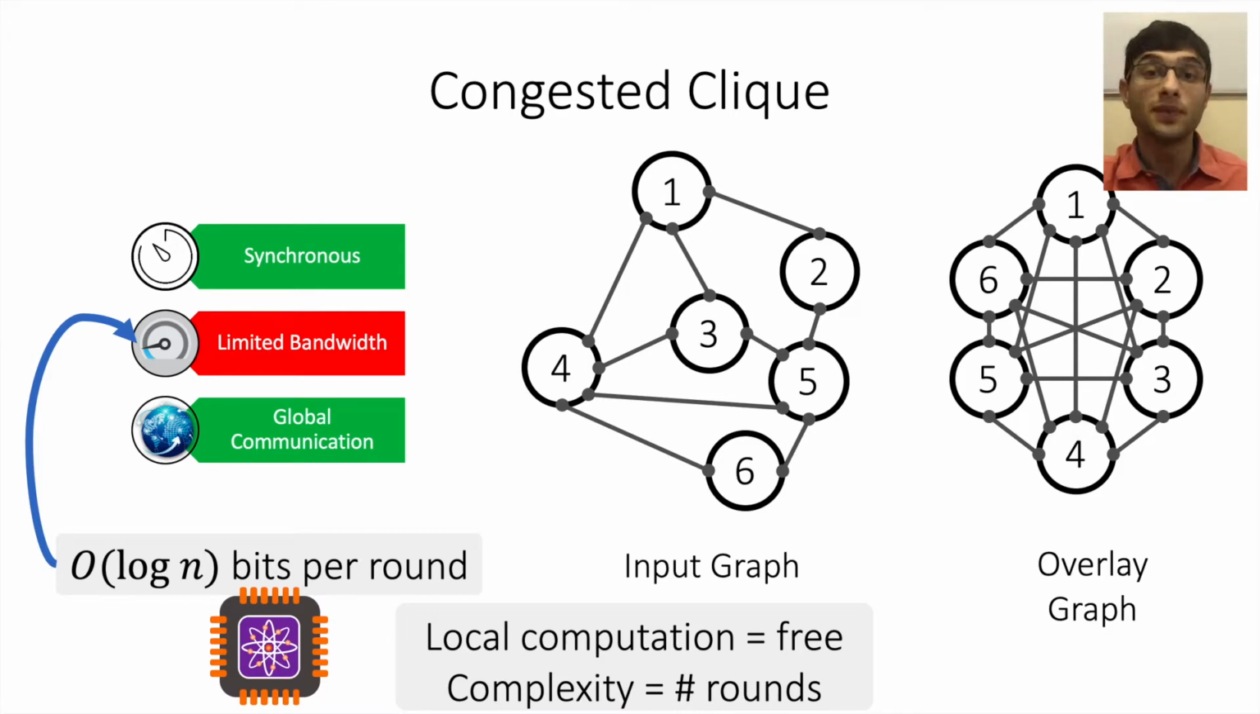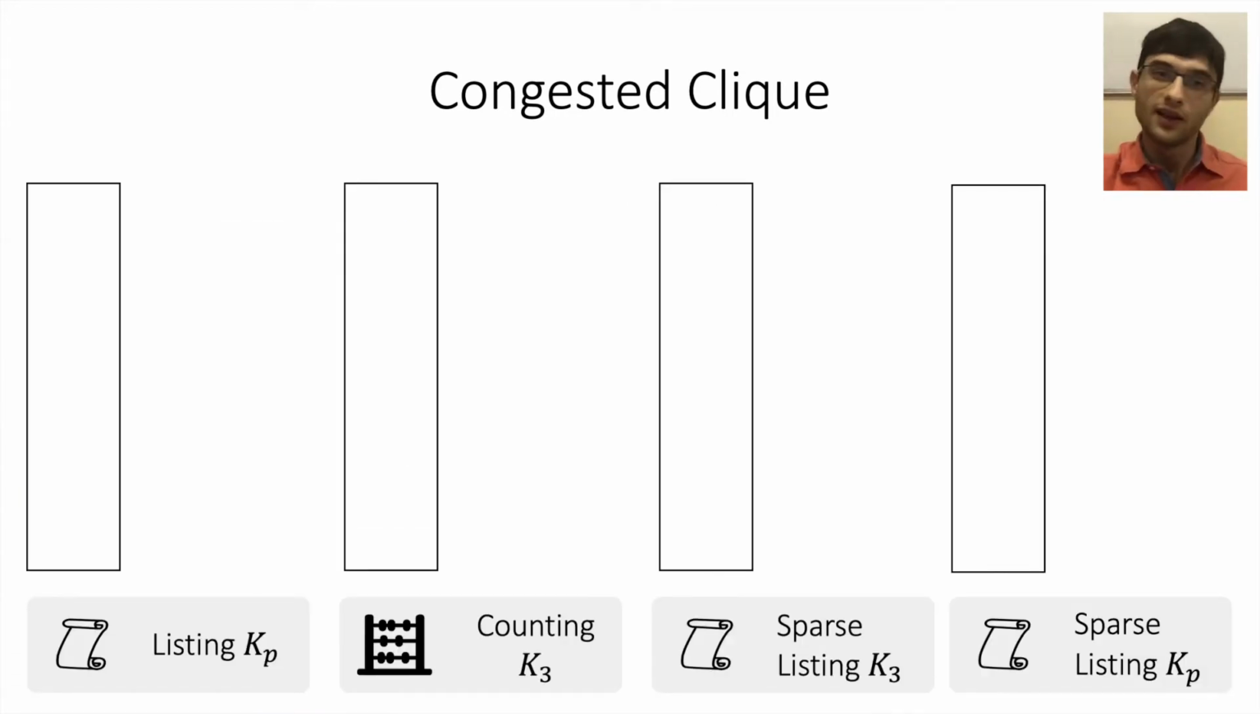So basically here we split the graph into 2 cases. We have the input graph, which is the input that the nodes get, and we're asked to solve problems over the input graph. But the nodes communicate using the overlay graph, where every single node can communicate with every other node every single round. Okay, so the problem of listing cliques was first tackled in the congested clique setting, where